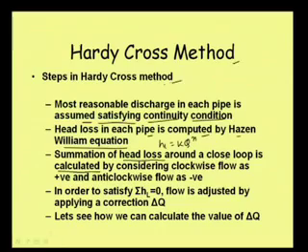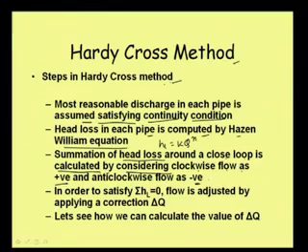Say head loss around a closed loop is calculated by considering clockwise flow as positive and anti-clockwise flow as negative. Fine. In order to satisfy summation of head loss equal to 0, the flow is adjusted by applying a